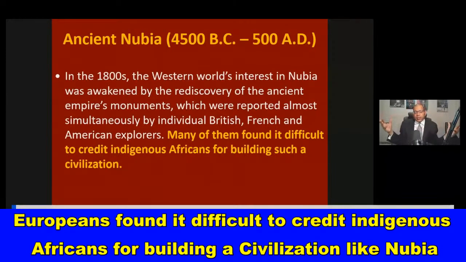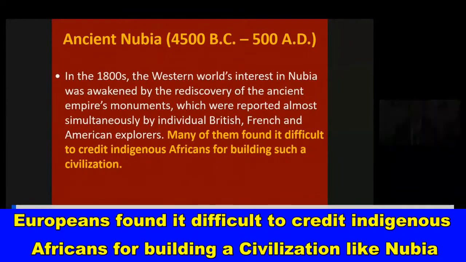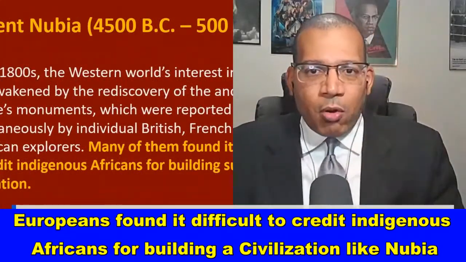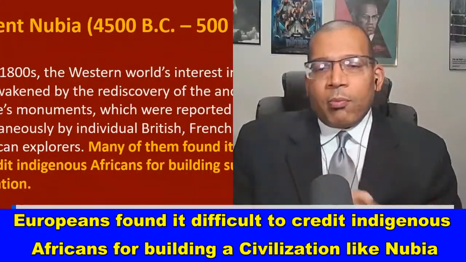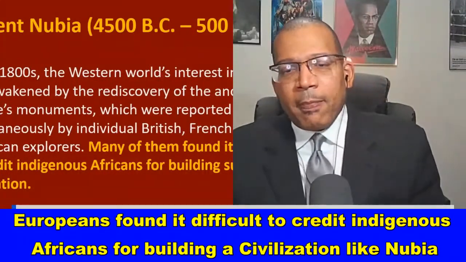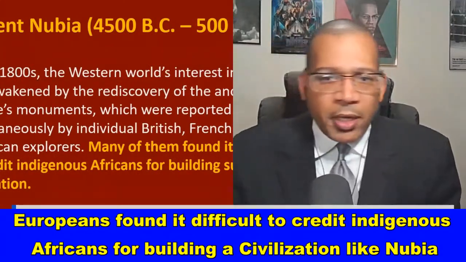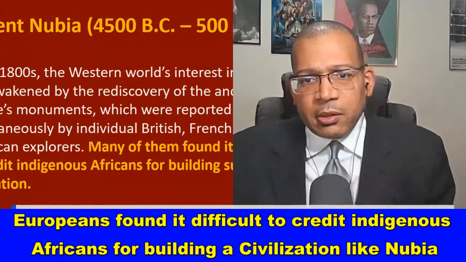So they tried to say that the Nubians were white as well, just like they tried to say that the ancient Egyptians were white. Some of the archaeologists said the ancient Egyptians were brown-skinned Caucasians or something like this, or they tried to say they were Semites, anything but black Africans. They could not admit that these were Negroes. They could not admit that these were black Africans. They had to be Semites. They had to be brown-skinned Caucasians, biracial, triracial, something like that.